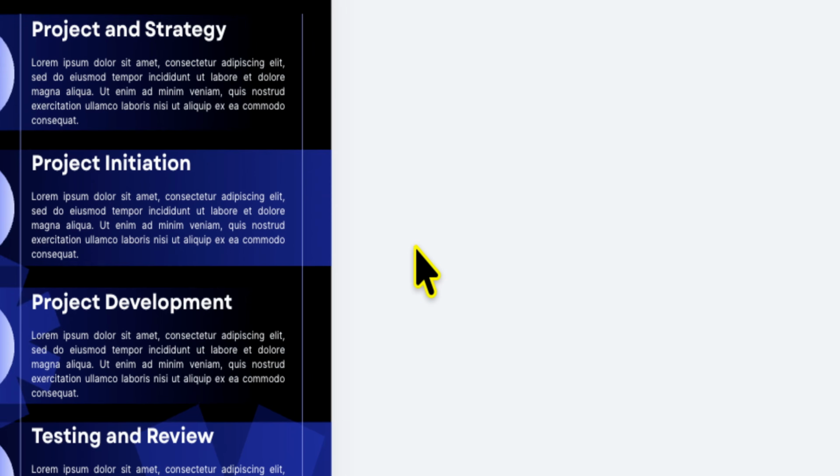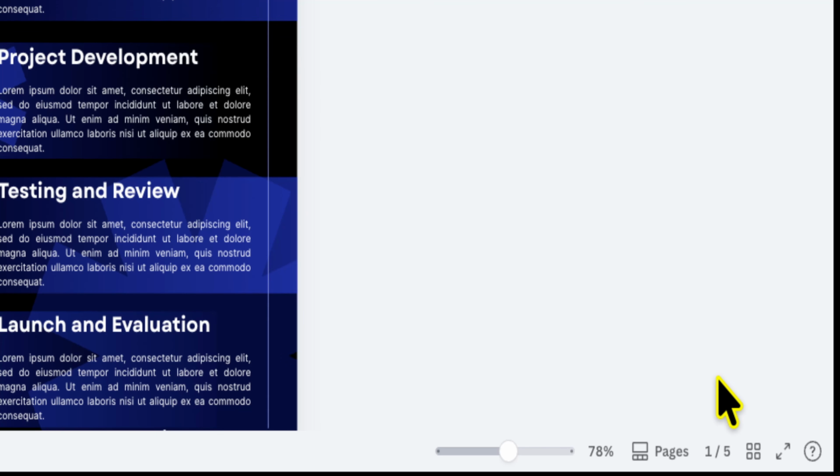And just like with the first one, look over to the bottom right corner and click on the 4 little squares to go into the grid view. And once we are in the grid view, you will see all of the current pages of this project. Now, there are 2 ways to go about this. You can either